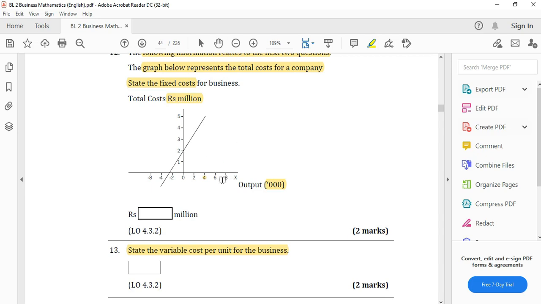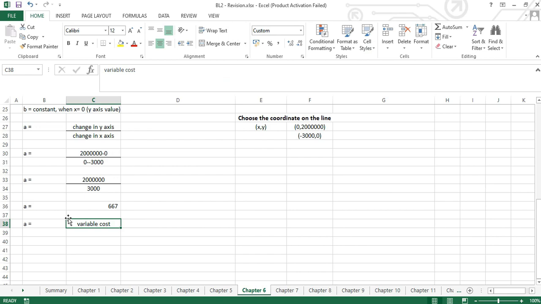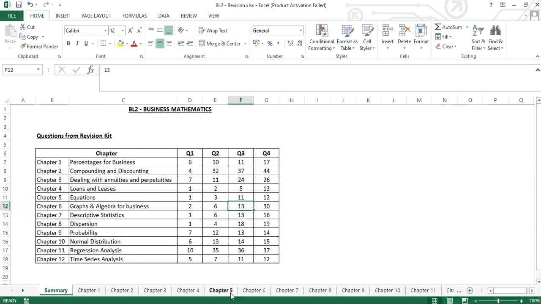So it performs the same function as the gradient. That's the reason we say variable cost equals the gradient, as it performs the same function. Alright? Okay. Next, let's go to